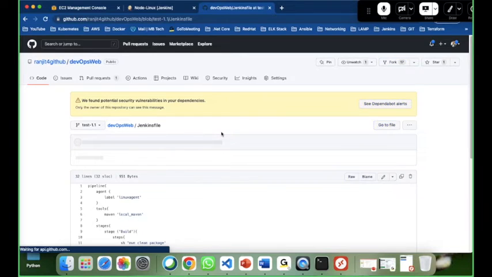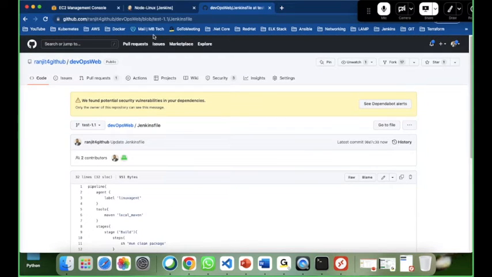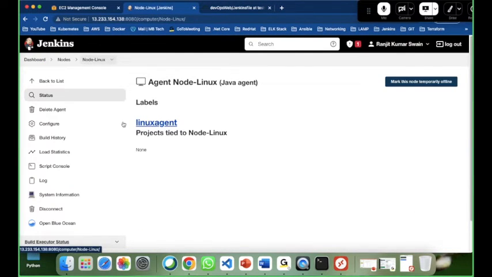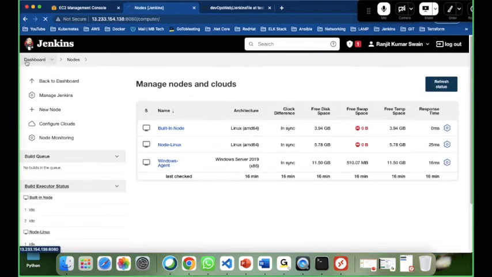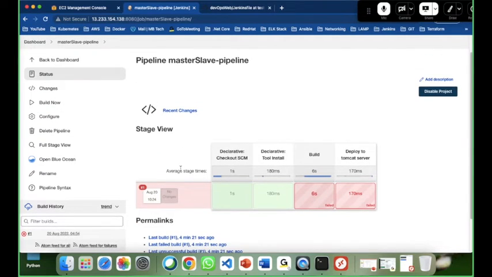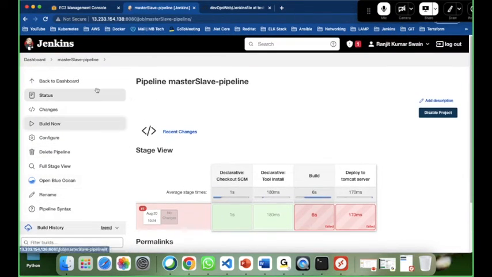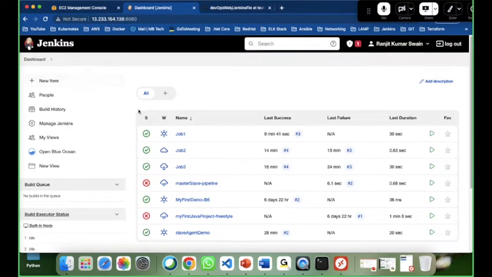This is how you have to change and update the pipeline. I showed you in the freestyle job how you set this up, and in the pipeline you have to write the agent in the agent section and provide the label here. Instead of any, we provided a label here. Now I saved it. If I go to the dashboard, go to the job, and simply click Build Now, what will happen? Go to the dashboard and you will see